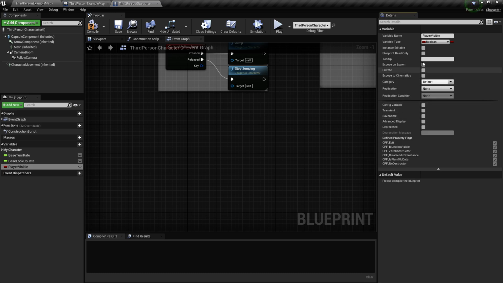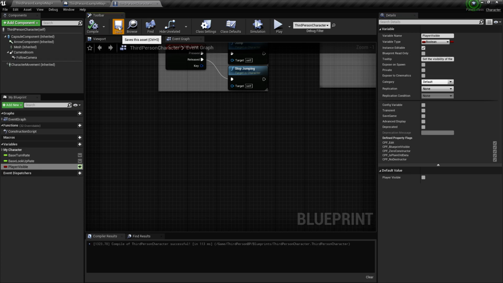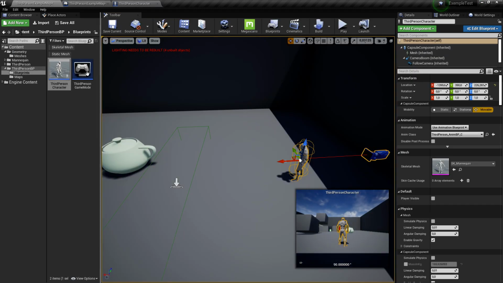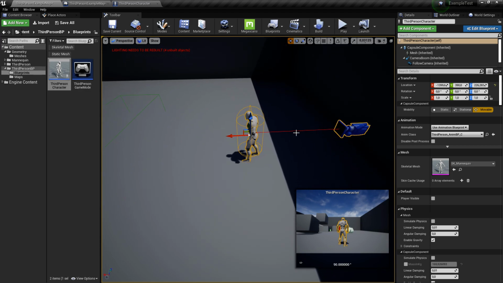I'm going to make it public, tooltip, set the visibility of the character. So as you can see in here, I have my player visible. If I go back to my viewport and click my actor, I see here default, player visible, false and true.